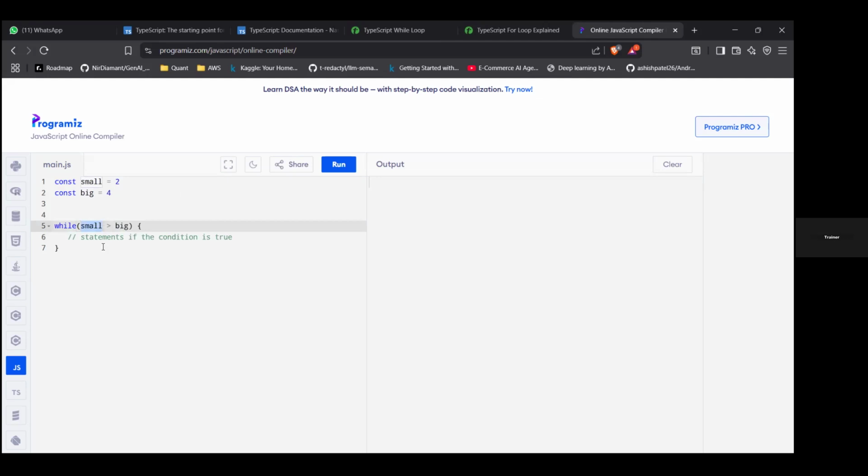So let's see what happens. Inside this, we'll write a console log, inside loop, because it is inside the loop. Just writing it, we see it didn't print. Why? Because this condition is false here. 2 is greater than 4 is false in this condition. That's why it didn't